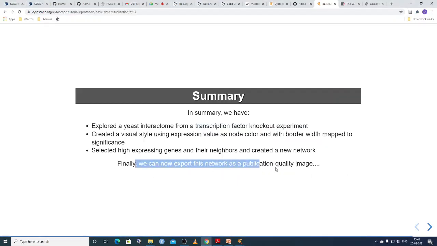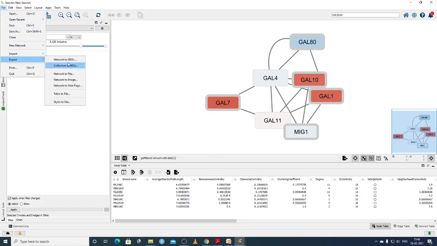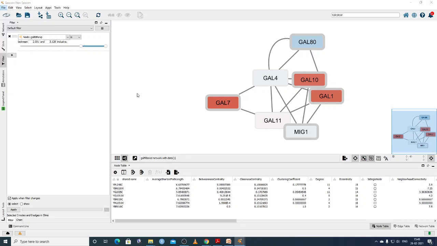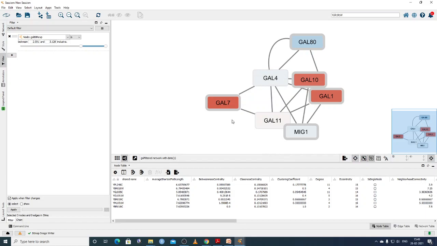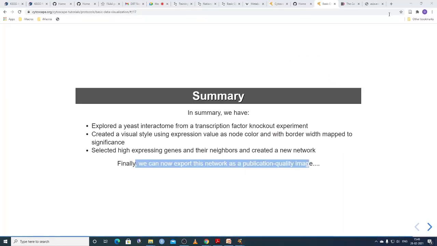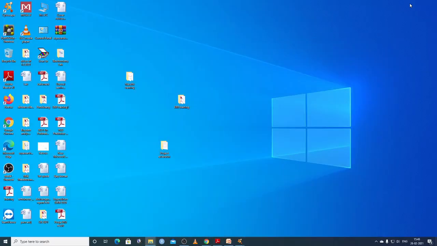We can now export this network as a publication quality image. So let's see whether we can export this image. Export as an image, and let us keep it default. Whether we will see this image coming or not. Where is it?